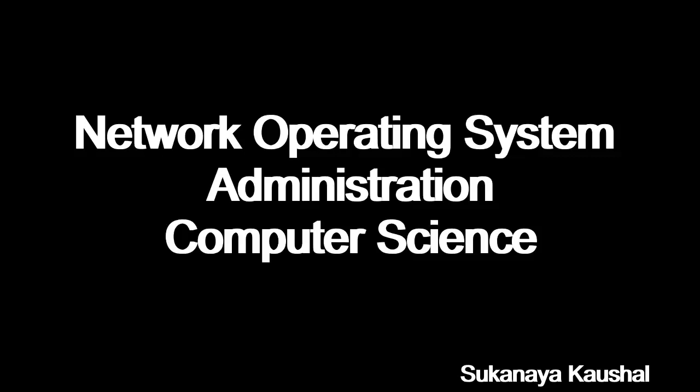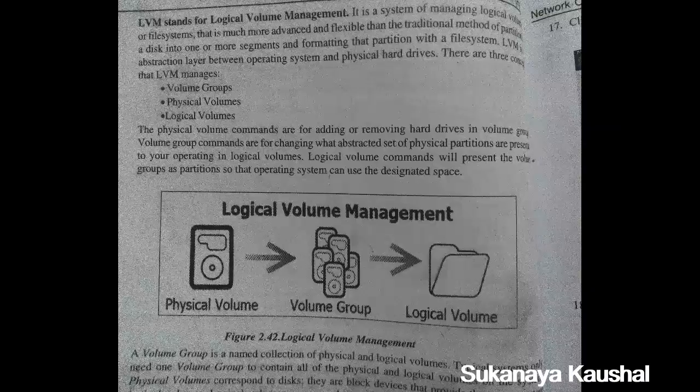So what we are doing here is chapter 2, network operating system administration. We have read about the maintenance. We have read about all those management areas like fault management, configuration, performance, security and accounting management. Next, we have also studied the network security specialist and all those IT opportunities in the field of network security. Today we are going to continue this chapter with the next topic, which is about LVM. So let us continue this chapter.